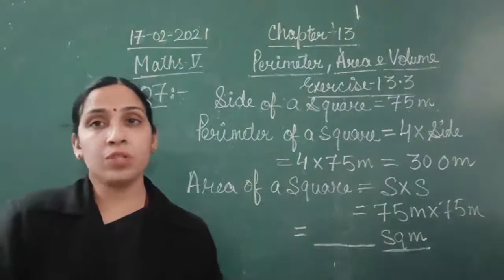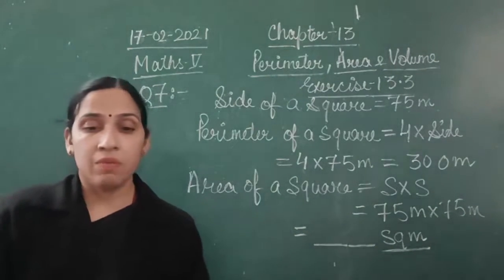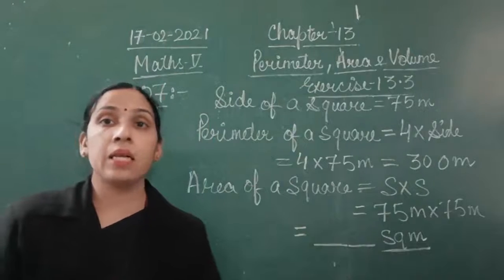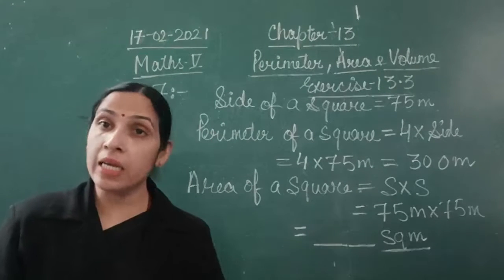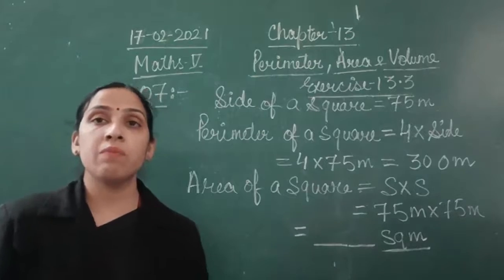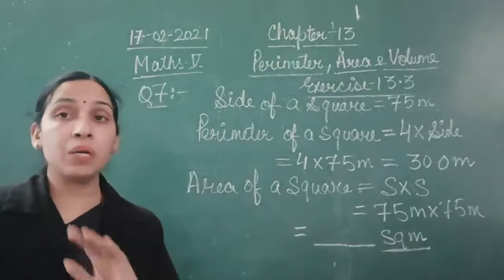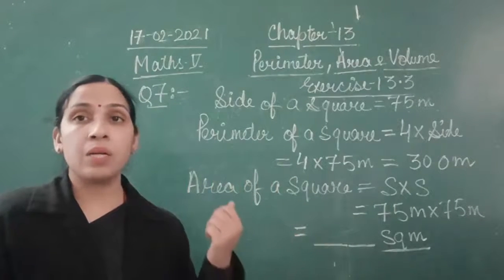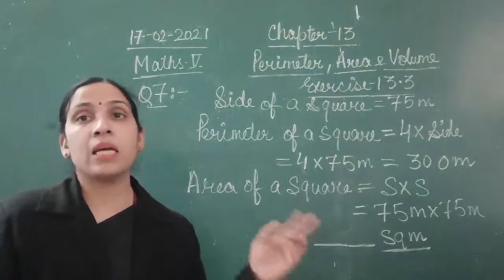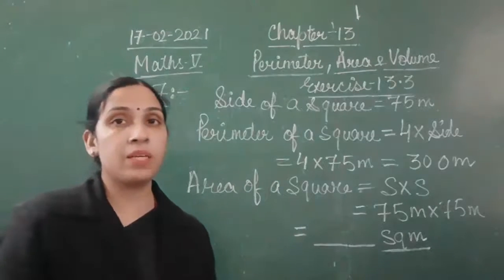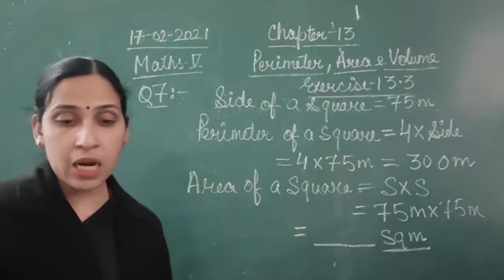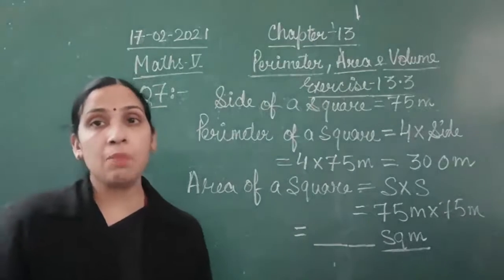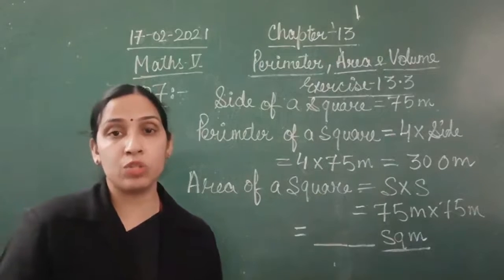Now a certain kind of question will be given in case of a rectangle, when you have been given the perimeter and then you have to find its length or breadth, and then again find the area. In that kind of question we are going to revise the whole concept of perimeter as well as area, as well as how to find length or breadth, if any 2 of the 3 things are given. Let's see how. So let's start question number 8. I'll read it out and make you understand what question number 8 is.